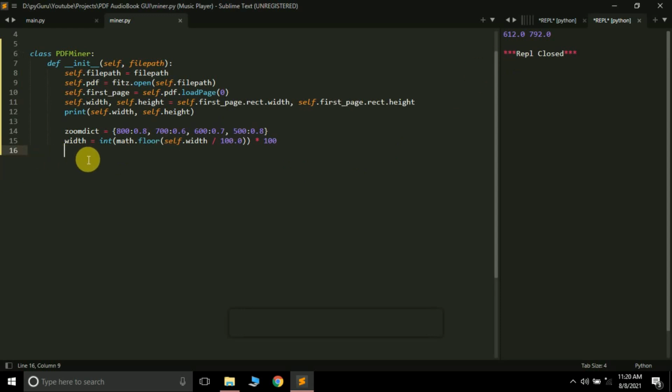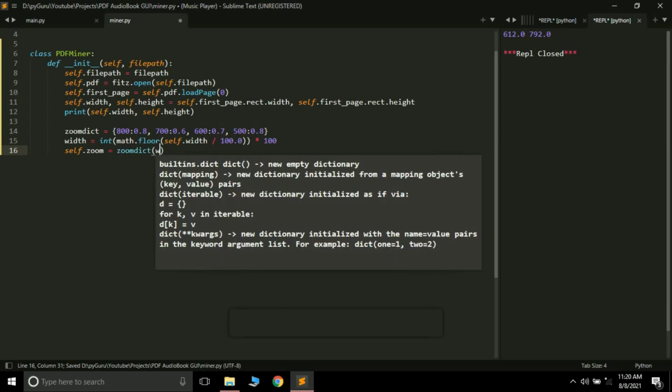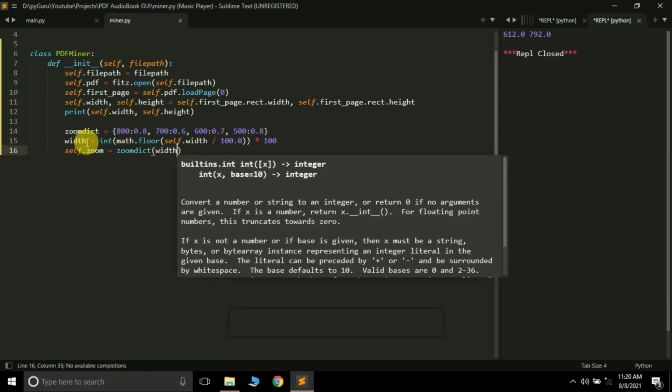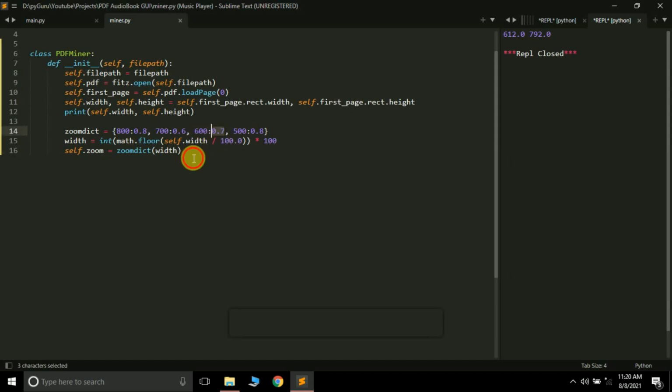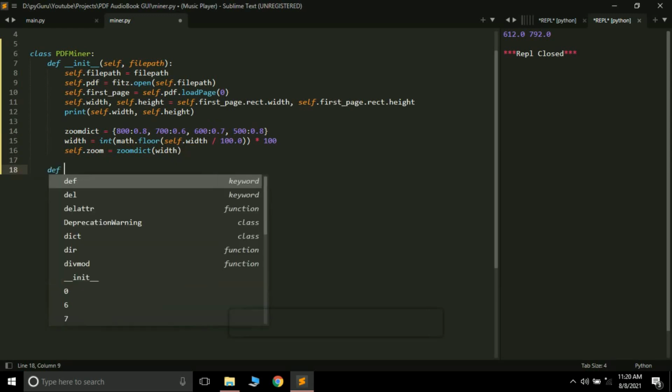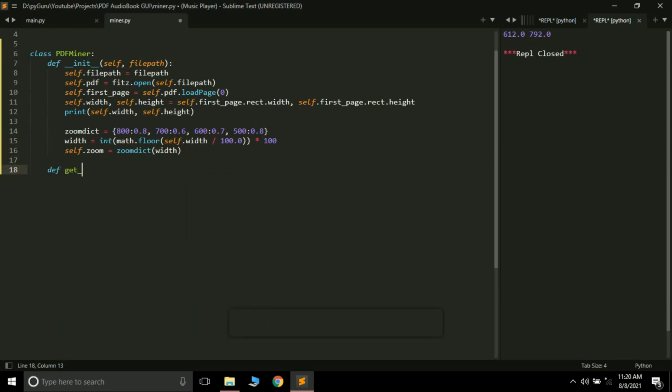Finally we are going to get the self.zoom value from zoom_dict, and here we can pass the width. So now we'll know how much we have to zoom it. Remember our width has become 600, and for 600 we have passed 0.7 here, so we have to zoom our page by 0.7.